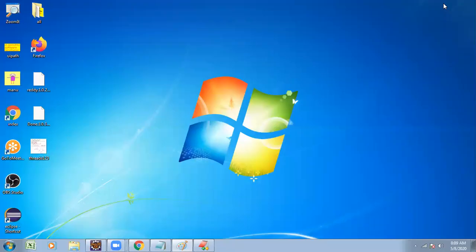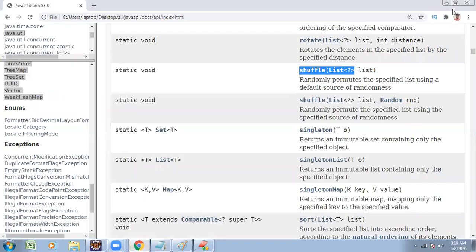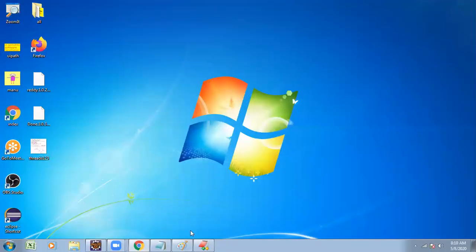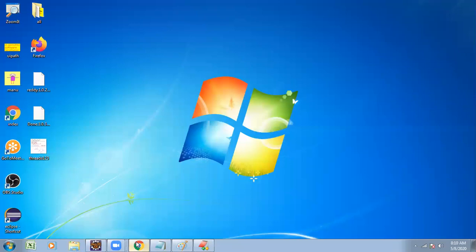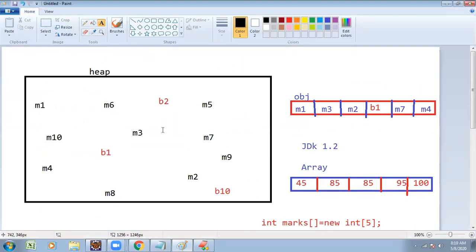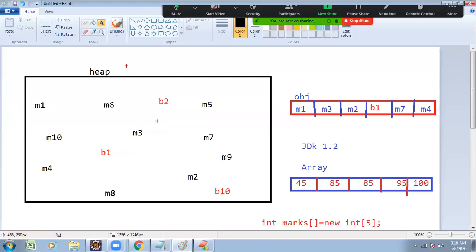So under this collection framework, what are we going to cover? I will cover the hierarchy of collection. Previously, when we stored objects, they were stored in a randomized manner.